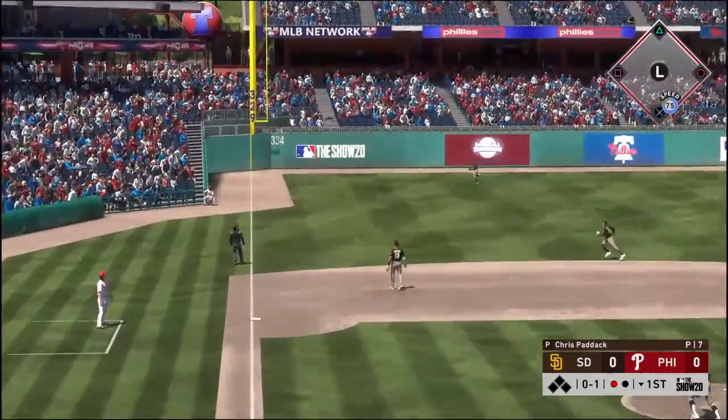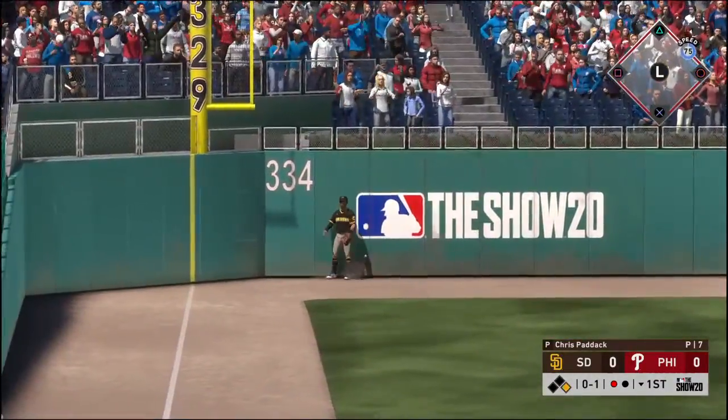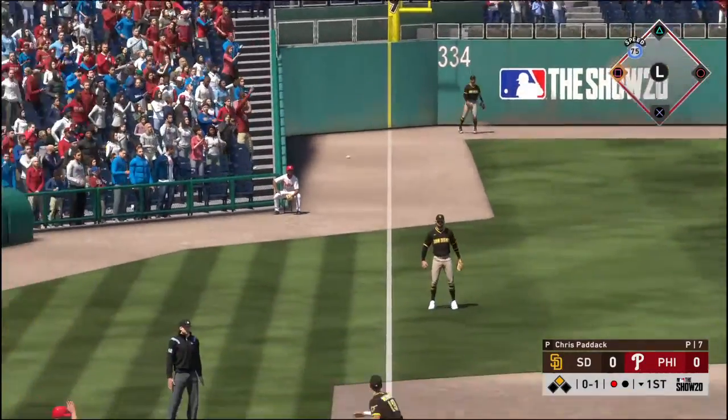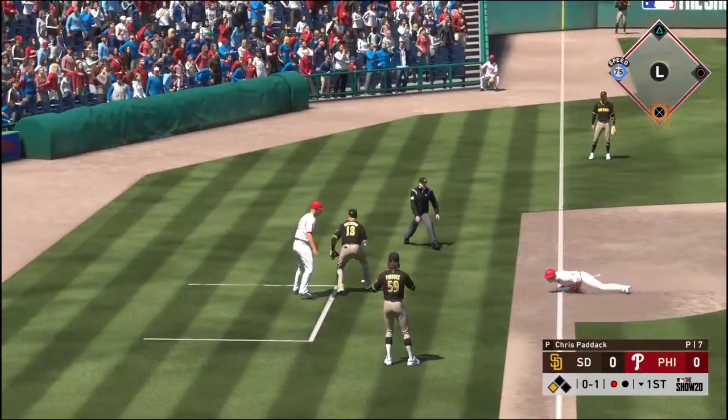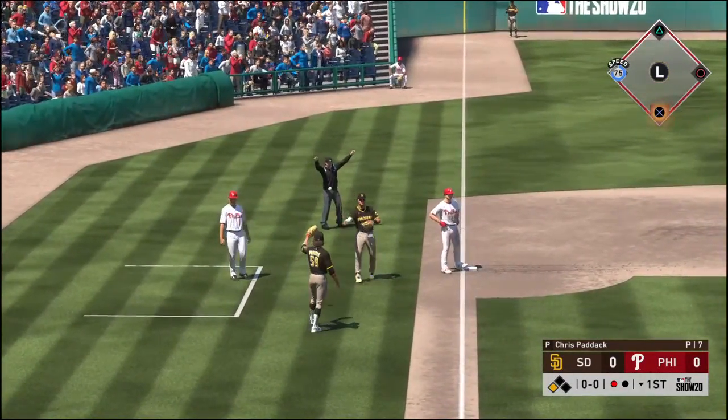Swinging, a ball hit high in the air, deep down the left field line. This has plenty of carry, and that's off the left field wall. Around second now and headed for third. And he will make it up to third base, as that is a gift there off of what was a